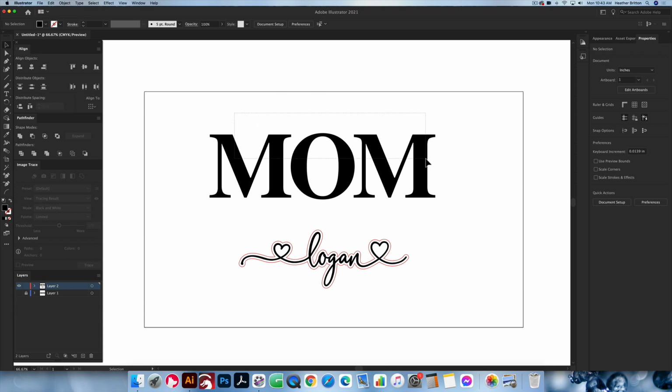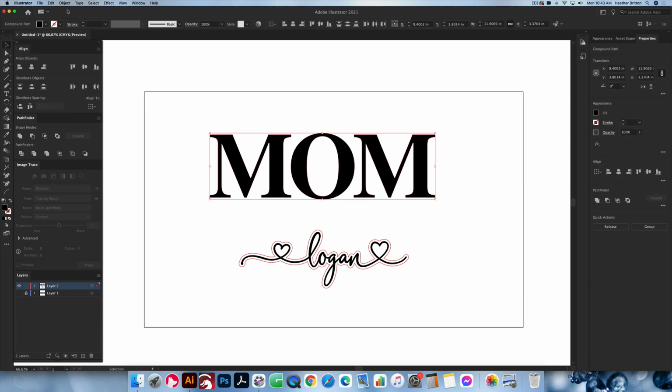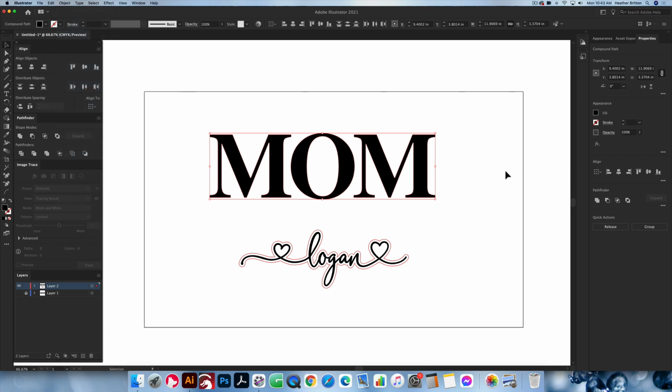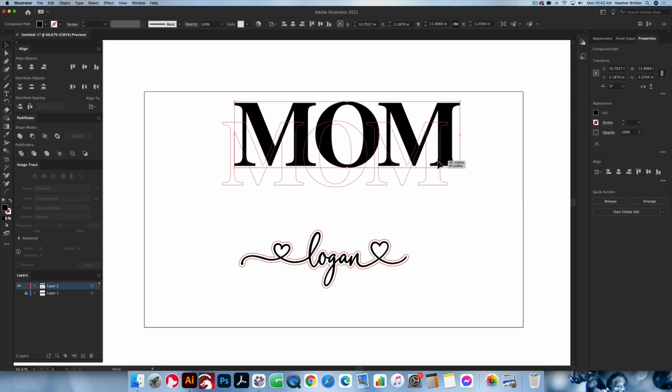And then I'm going to select all 3 of these and I'm going to make them a compound shape. So I'm either going to go into Object, Path. Can you tell I only use hotkeys? Object. Let's play this game. I'm going to find it. Compound Path. There we go. Object, Compound Path, Make, or you can select it and hit Command-8 on your keyboard, and now it's a compound